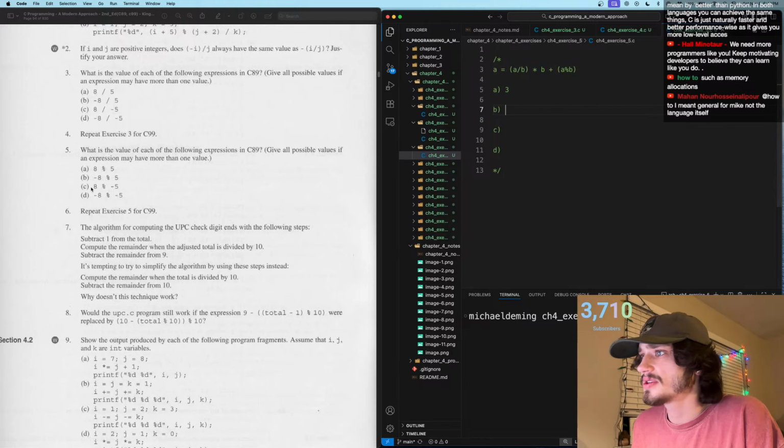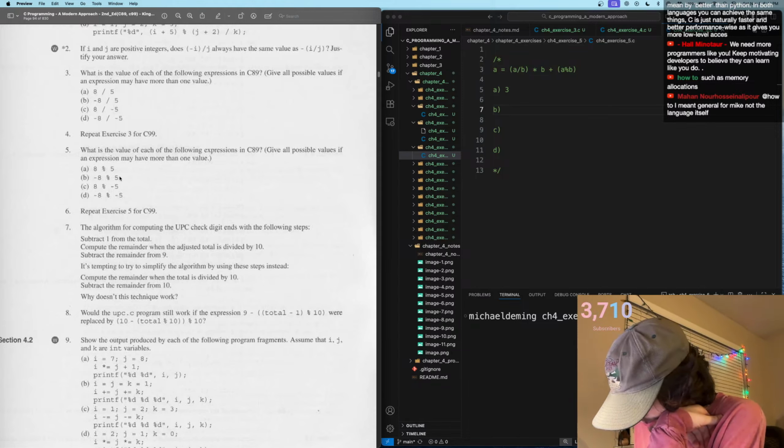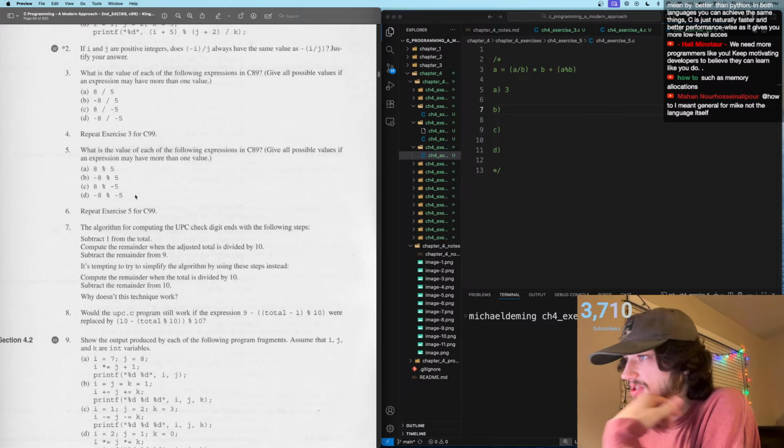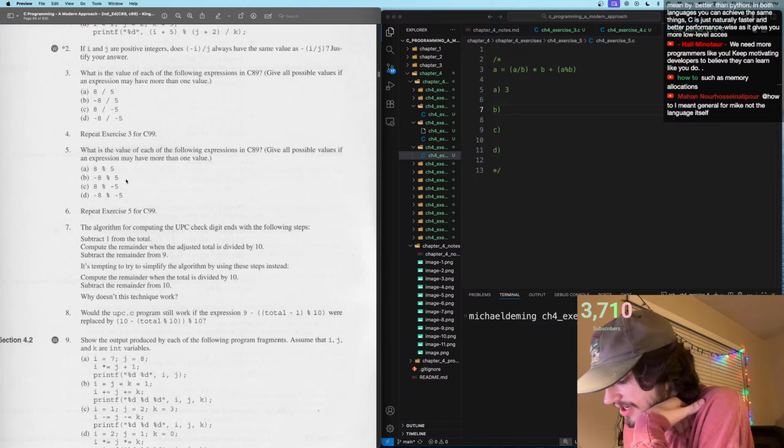And then in this case, we first perform the division of 8 divided by 3. And that gives you, right, a value of 2.67. And that gets either floored down or truncated,